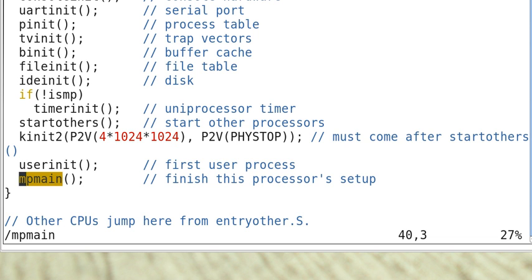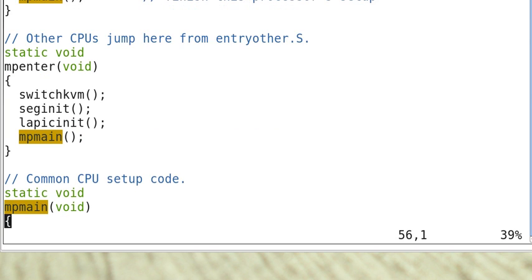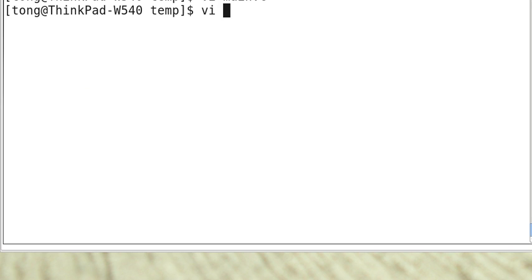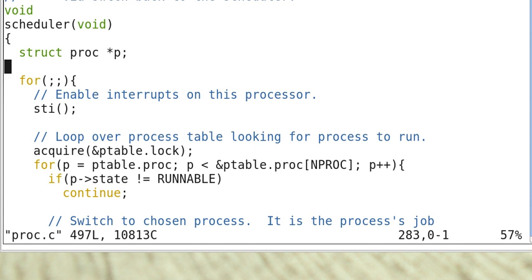mpmain is here, and it does the initialization, and at the end it calls scheduler. This function never returns, as you will see. This is in proc.c. This is the scheduler function. It does the scheduling of the processes. It has an infinite loop, so it runs forever, and